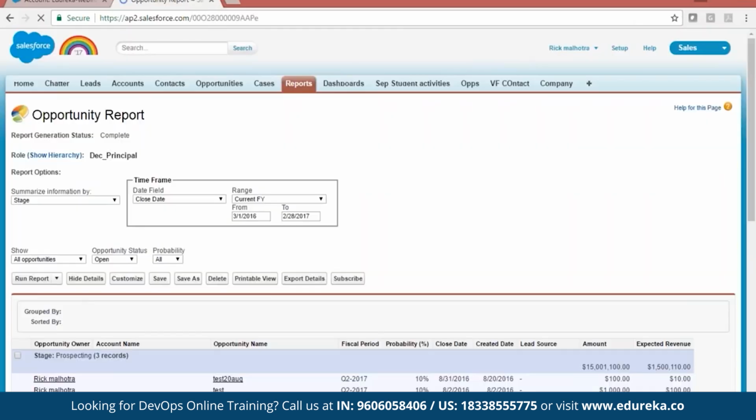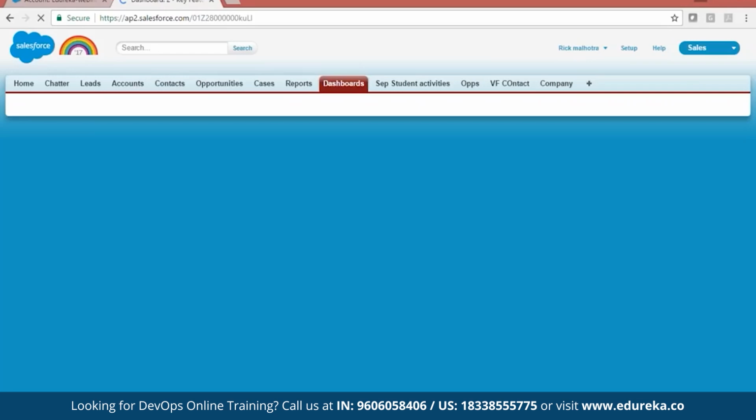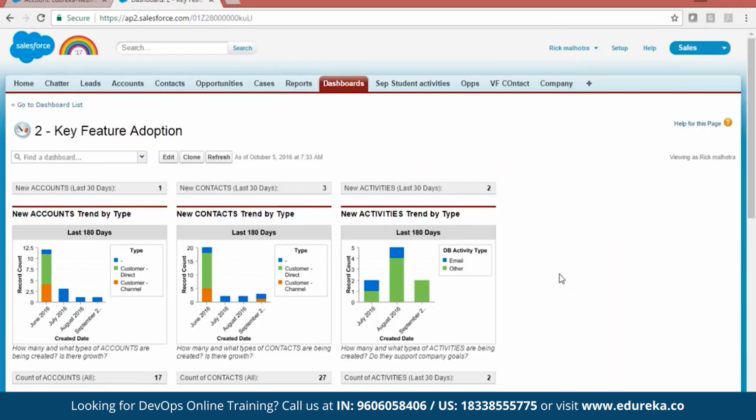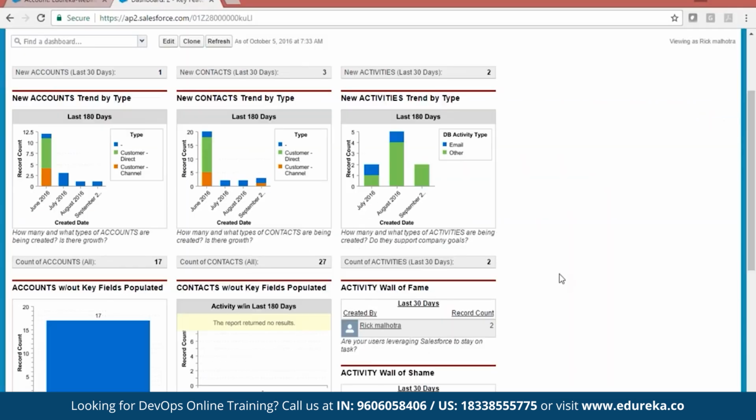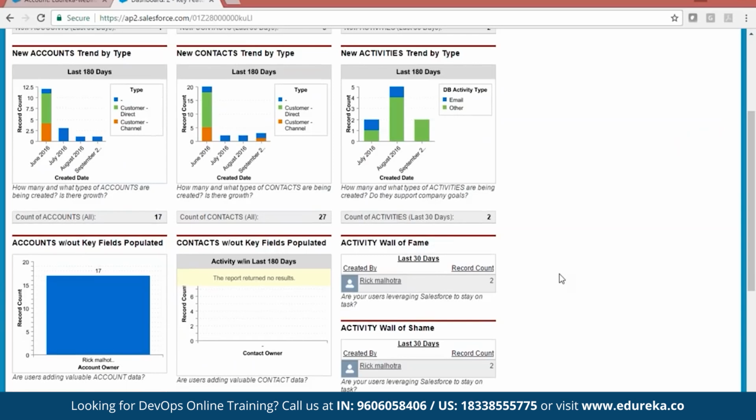Same like this, I can create a number of charts for one report, and we call it a dashboard. I want to represent multiple reports on the same page like a dashboard. I can have up to 20 reports, 20 components at one time. So I can create a dashboard, and this dashboard can be assigned to any person.